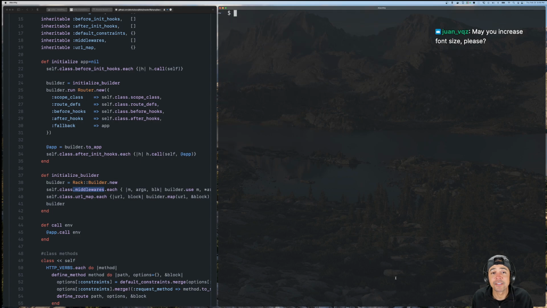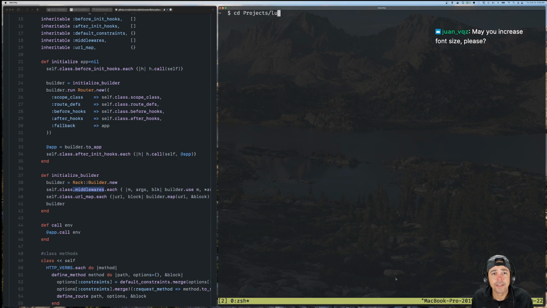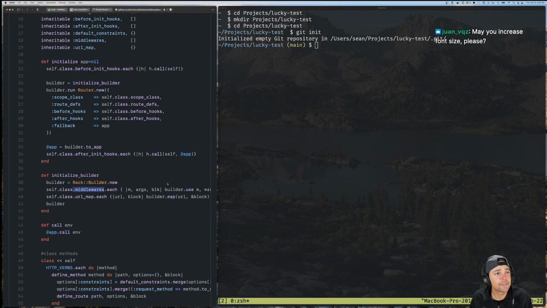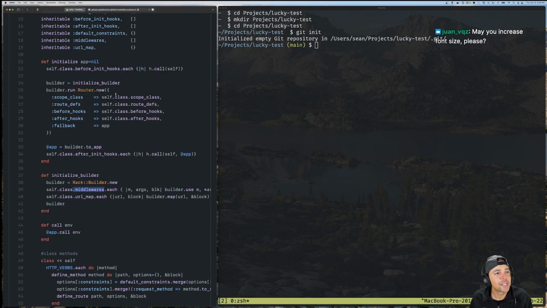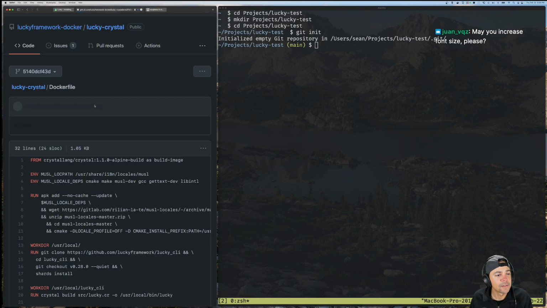All right, let's get rid of this. Okay, so I'm gonna start a new tmux thing. Lucky test. Wait, I don't have that. That doesn't exist. Projects, Lucky Test. Okay, so we're gonna get that Docker file. But yeah, I'm really excited about how Radical's shaping up. It's pretty cool. Oh, whoops, I just closed it. Okay, there it is.